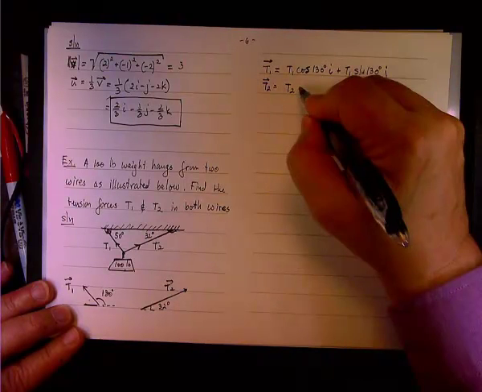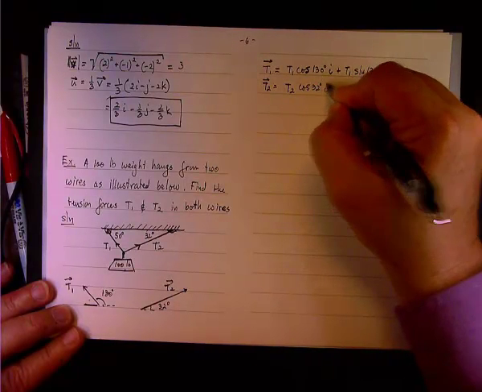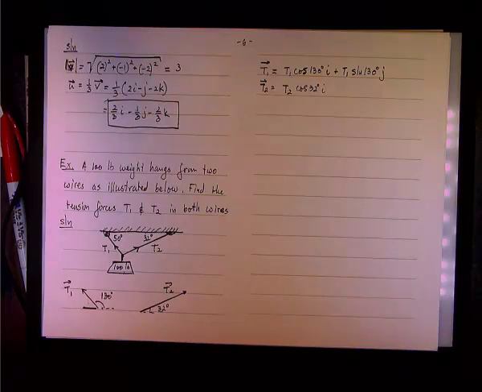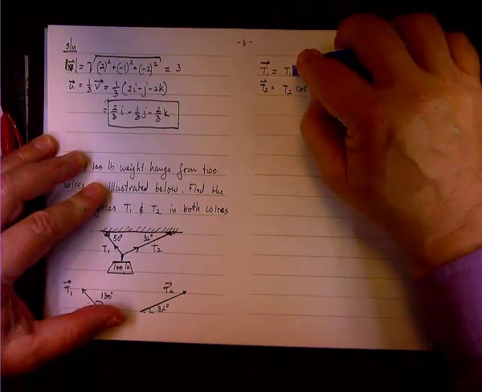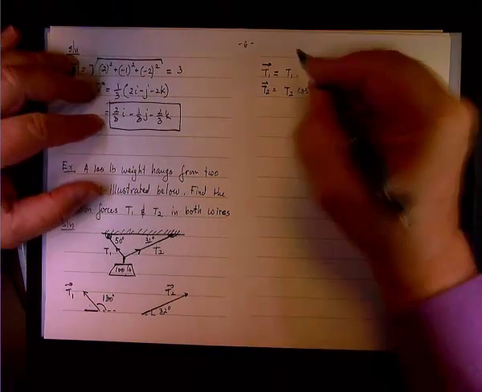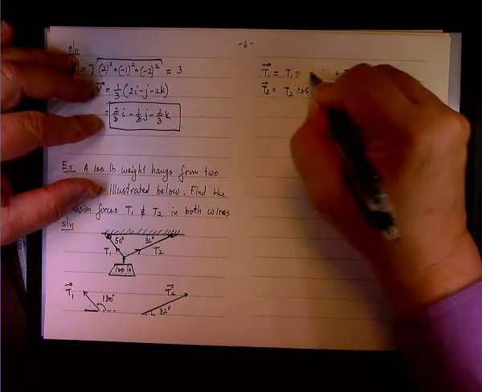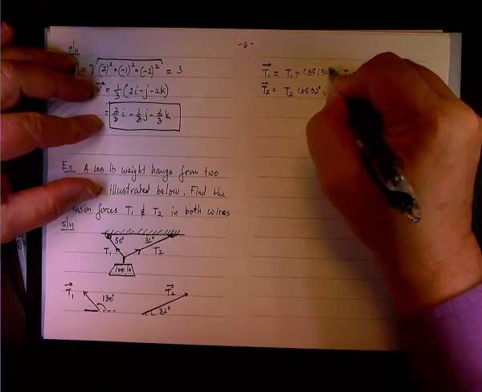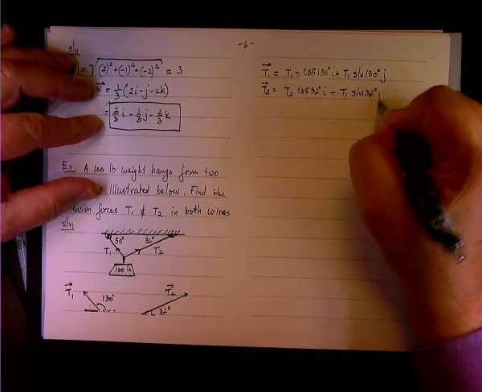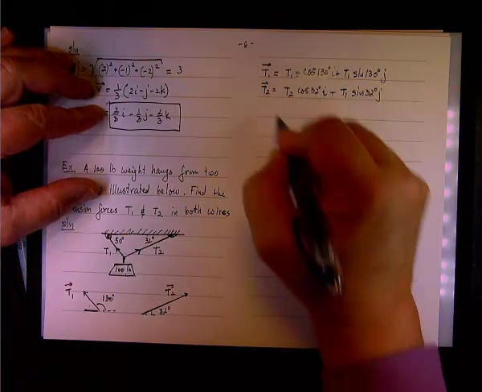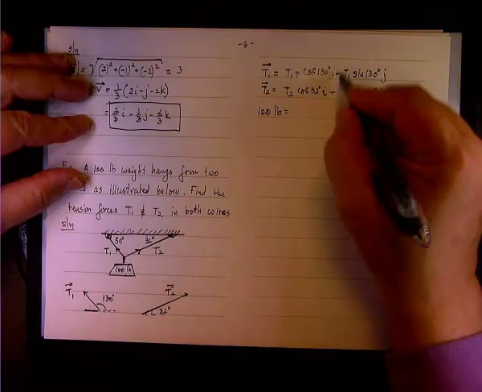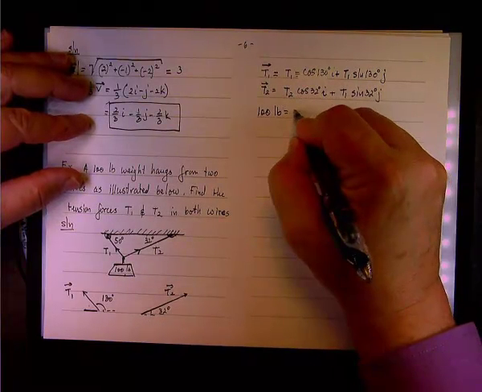And T2 equals T2, the tension, and it will be, again, cosine 32 degrees in the, actually, I switched the I and the J, so I apologize. Let me make a quick correction here. No, actually, I was right. It's cosine of 130 I. And here we have T2 sine 32 J. All right, and what we say is that the weight, 100 pounds,